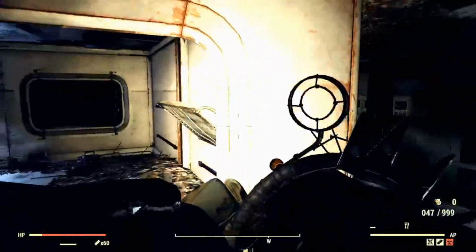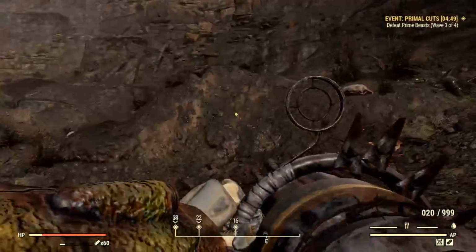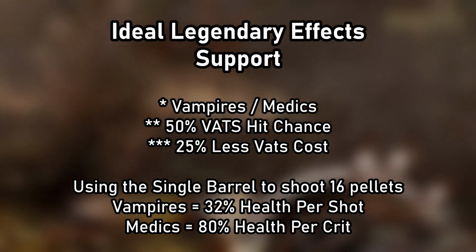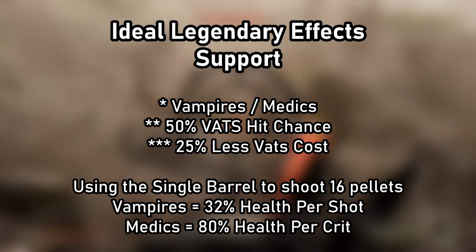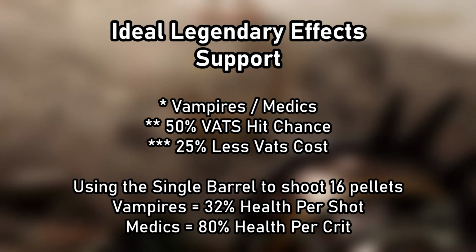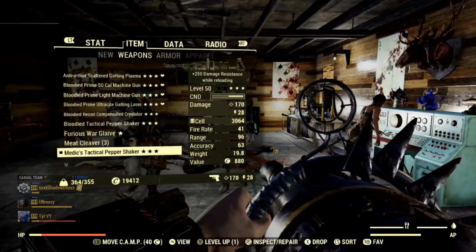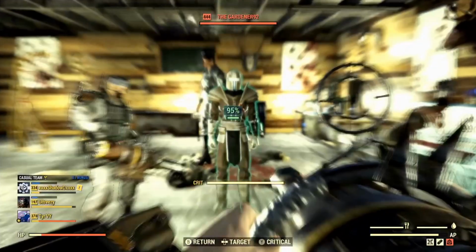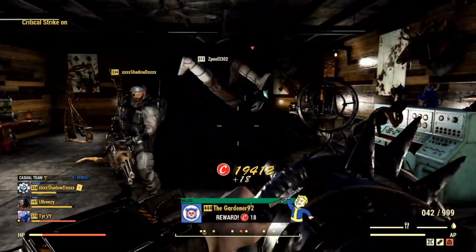However, when it comes to support, if you don't care about your damage output, you have a great opportunity here to slap on the single barrel mod, shoot 16 pellets per shot, and utilize either the Vampire's first star effect to heal yourself 32% of your health per shot, that is assuming of course all 16 pellets hit the target, or you can get your hands on a medic's version of this gun and heal your teammates with a massive, but costly, burst heal effect, healing you and your teammates' health by 80% every time you deal a critical strike,